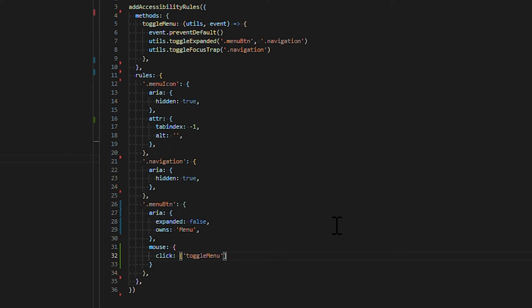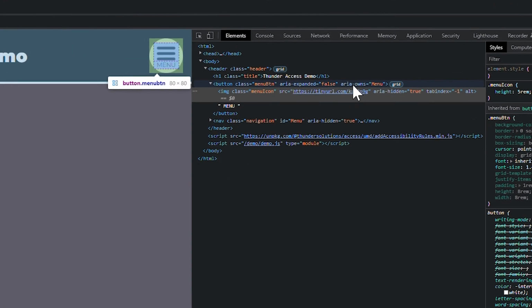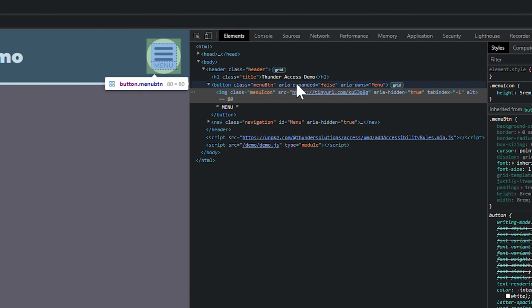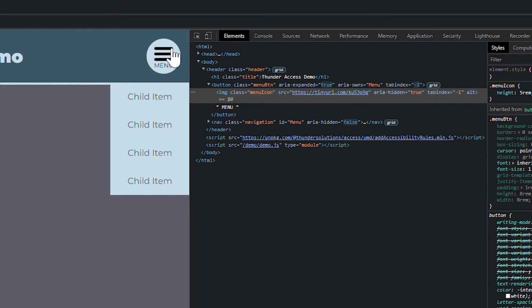And what it'll do is when you click on this element, it will run all of these methods in order. But for right now, we only have the one event, so we'll leave it at that. So let's just save this and see what it looks like in the browser. So now you can see the ARIA owns and ARIA expanded attributes are applied, and if we toggle this, we can see